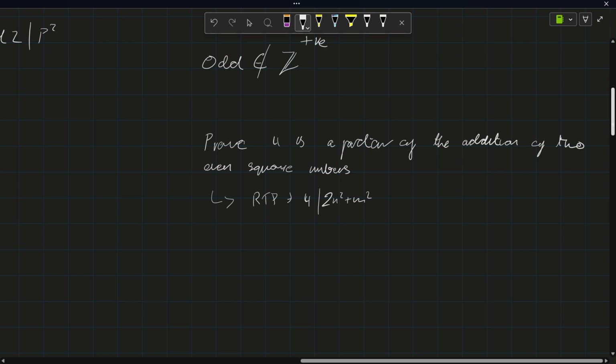Has to be even. 2. So this is really simple. Made a mistake. So then